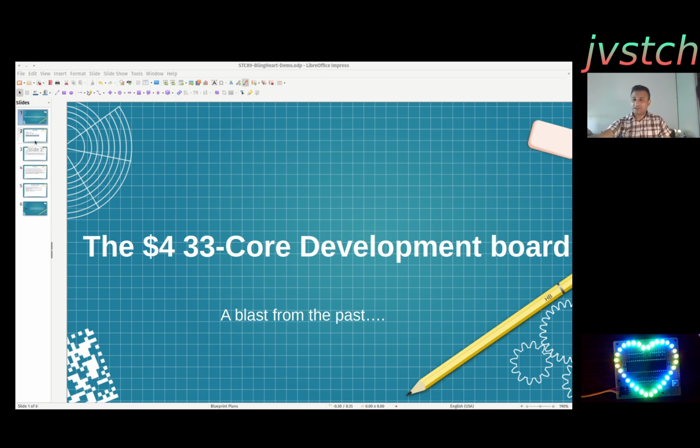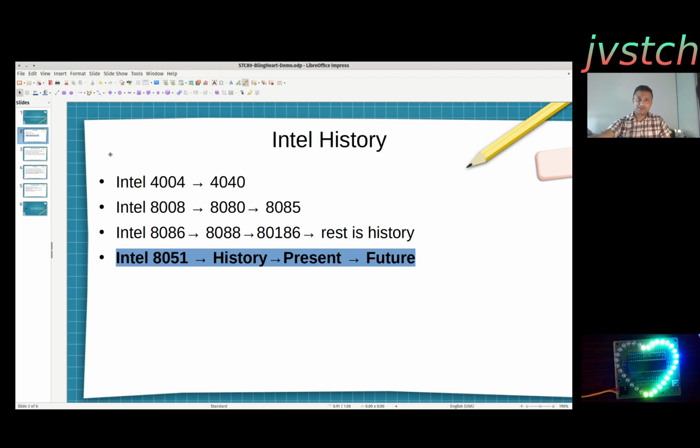Because we are talking about nostalgia, let me remind you what led up to this. In the 1970s, I think some calculator company contacted Intel to design a 4-bit microcontroller, and so Intel started with the 4004. It's the first time that they integrated one full computing aspect, everything, ALU and instruction controllable, a full system in a chip, and then they slightly changed the design to make the Intel 4040, and